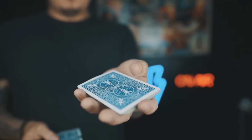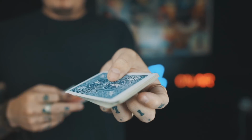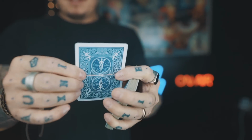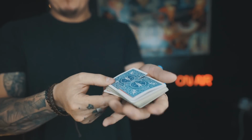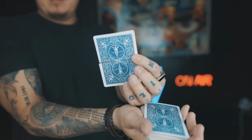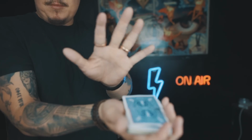To demonstrate the card switch, imagine I have a deck on the table that has a blue card on top and 2 blue cards on the bottom. When I finish the color change like this, so from the last part, it changes, I display, I can then drop this on the deck, on the table. I finish the color change here, boom, drop it on the deck, as I can show my hands empty to cause a moment of misdirection,